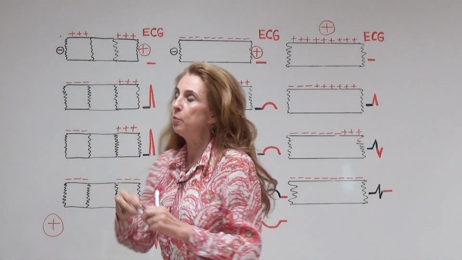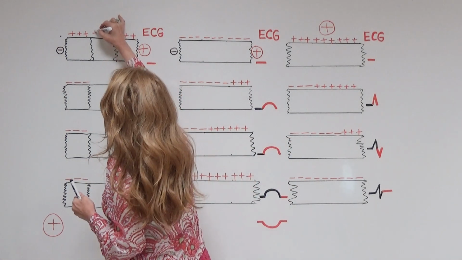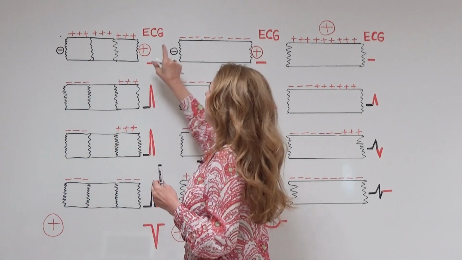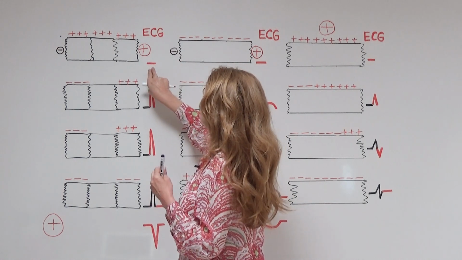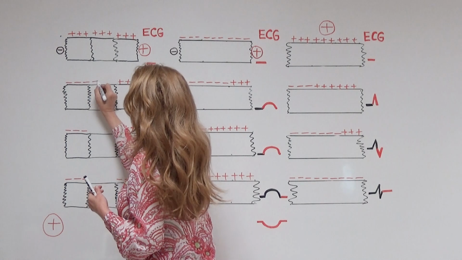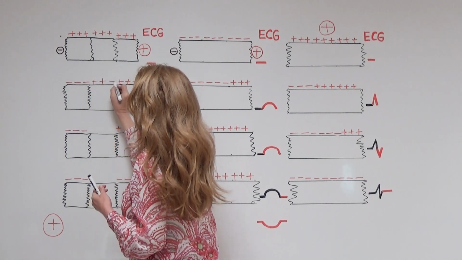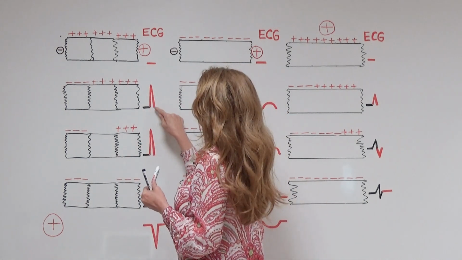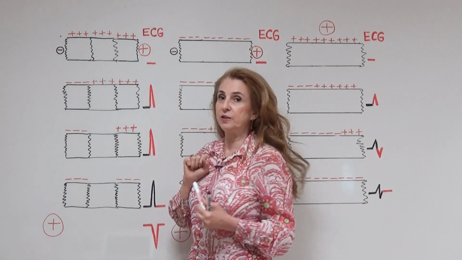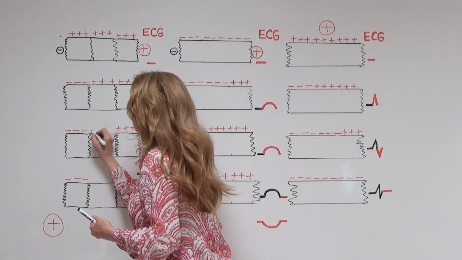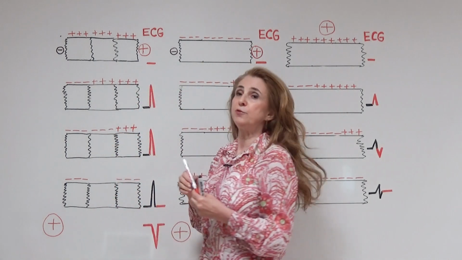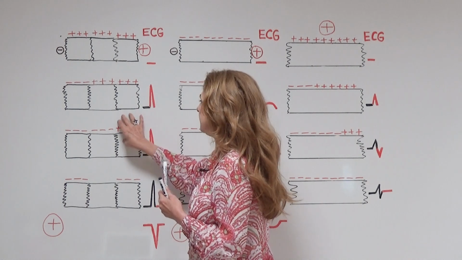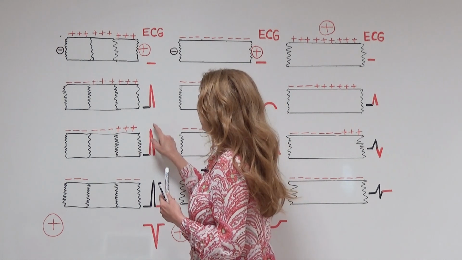If we repeat the depolarization now, when all the cells are positively charged outside, including the center area, there is no recording because there is no dipole. When a dipole forms starting from the left side, the middle and the right sides are still at the resting membrane potential, electrocardiography is going to make a positive recording. The depolarization will move to the central area. There is still a dipole here, and the positive electrode is still on the positive side of the dipole, and it's still recording a